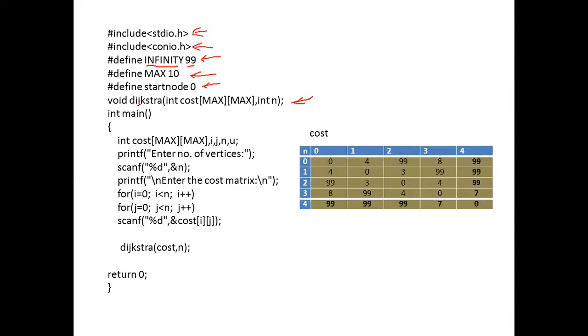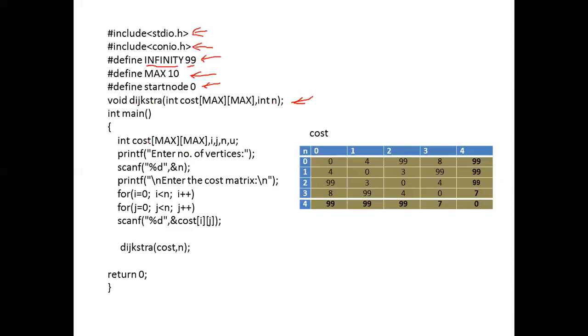So here you can observe we are using a function because whatever the repetitive task is there, I want to make it as one group of statements. So what is the main advantage? If you go ahead with using a function, it will reduce the length of code. Now we can observe here I am using a function called Dijkstra, and it is going to accept two values. One is a cost value, another one is an n value. So it is accepting values.